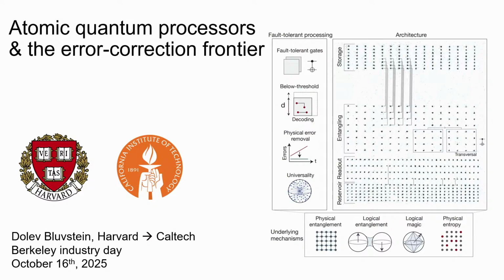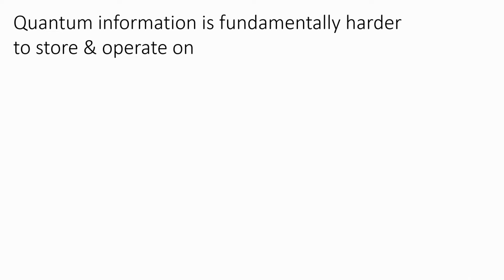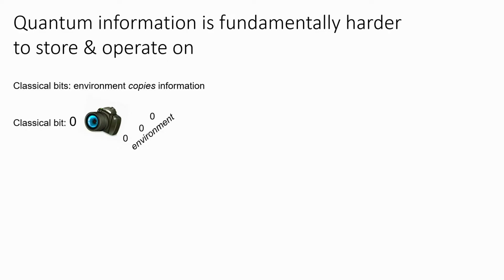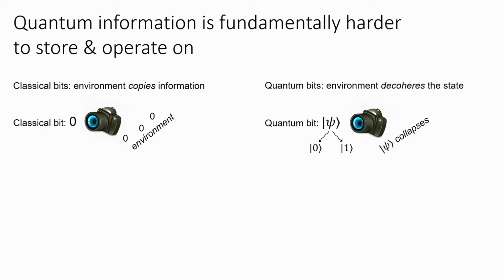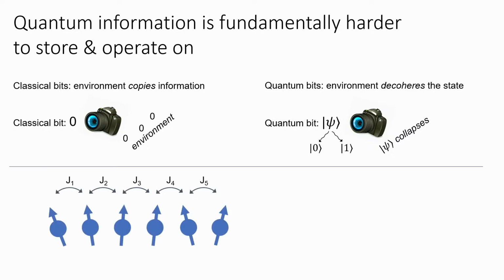Last time I was here, I gave more of a physicist description. Maybe there's a mix of the two. Building quantum computers is really hard, and we have all these applications that we're really excited about. But it's fundamentally hard to operate on quantum information and to store it robustly. If we have classical information, like a classical bit 0, and it gets measured by its environment, then it gets redundantly stored. But if we have a quantum bit in state psi, and we take pictures of it, it probabilistically collapses and leads to an irreversible type of decoherence. So we already see that classical and quantum information are quite different in the way the information is stored and how it interacts with its environment.